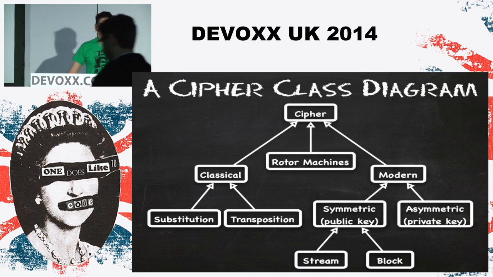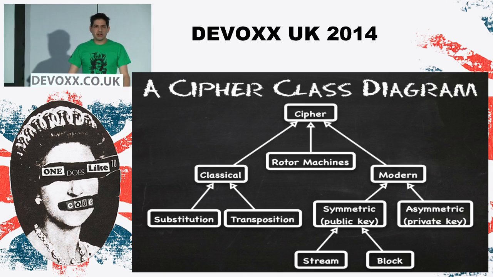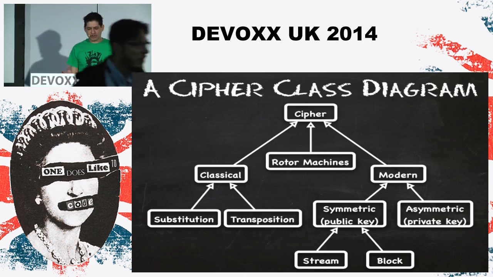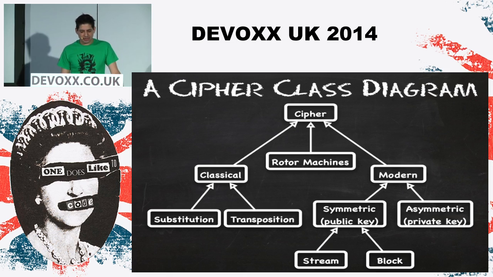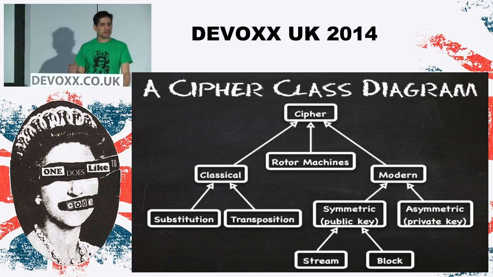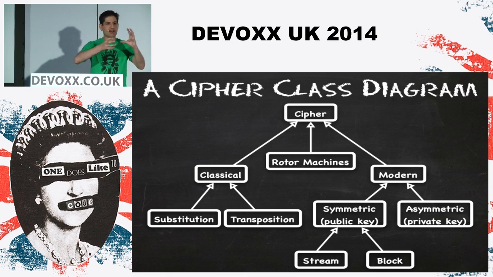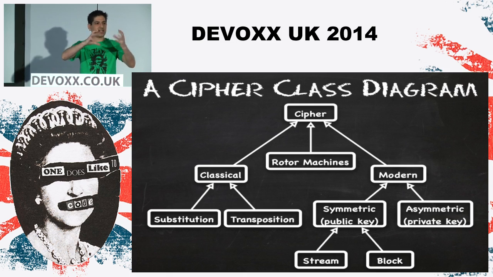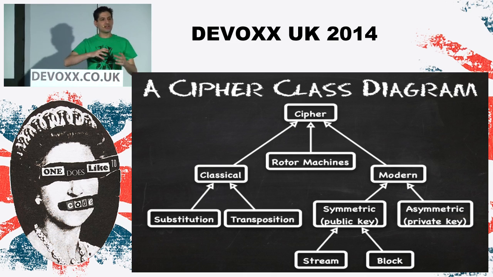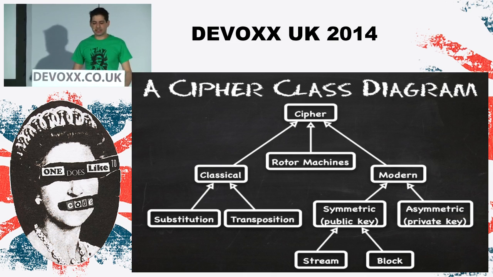Going back to ciphers. Ciphers come in very many different forms. This is kind of a class diagram, just to give you an idea of how they're made up. You've got the original rotor machines in the middle. These are like the Enigma machine that we used during the war. They've got dials in them, and every time you press a button, the dials twist again and turn the permutation, so that it really mixes up the message.